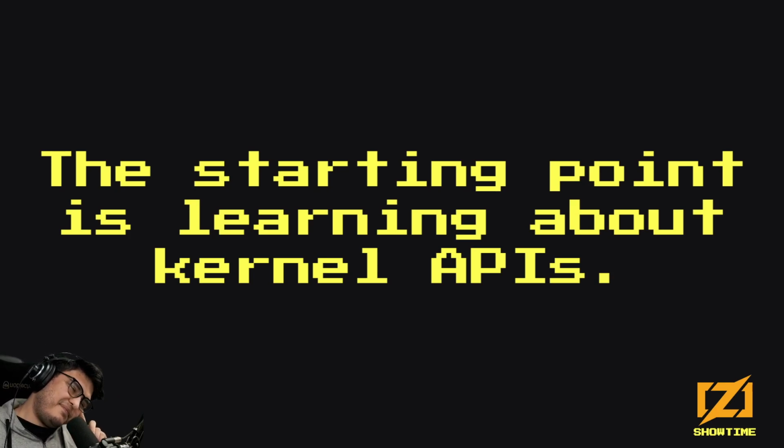Now, the problem is, once you know about this, and again, in isolation, this concept is not really complicated. Problem is, once you learn about this, you are still missing how your application is orchestrating the other half of the problem. Because if you think about these APIs as them invoking a callback in your application, which might be not precise enough, might be a model not detailed enough, but it's a starting point. Well, I guess this is how I would think about it if I knew nothing and somebody told me, well, the kernel API calls into your application to tell you a socket is ready to read.